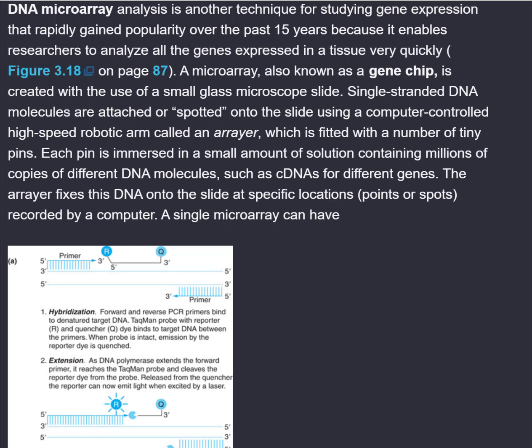A microarray, also known as a gene chip, is created with the use of a small glass microscope slide. Single-stranded DNA molecules are attached or spotted onto the slide using a computer-controlled high-speed robotic arm called an arrayer, which is fitted with a number of tiny pins. Each pin is immersed in a small amount of solution containing millions of copies of different DNA molecules, such as cDNAs for different genes. The arrayer fixes this DNA onto the slide at specific locations, points or spots, recorded by a computer. A single microarray can have